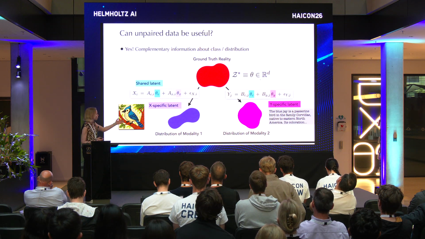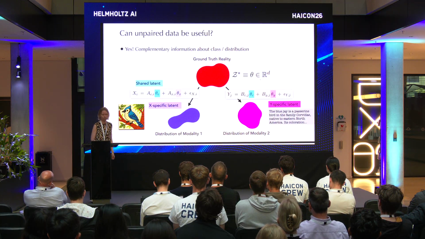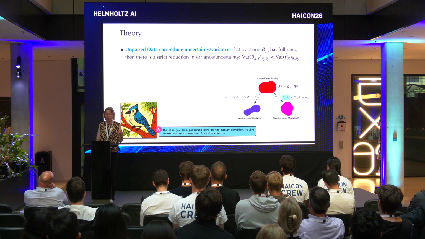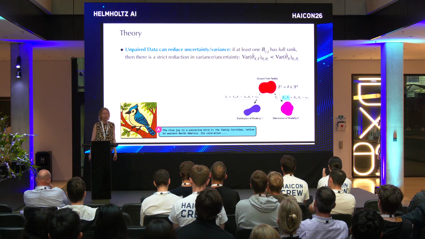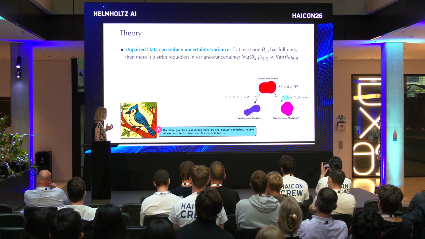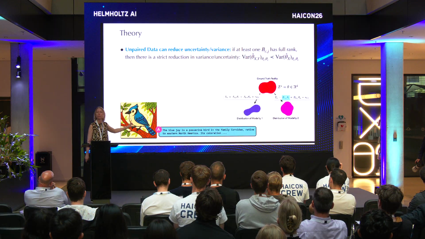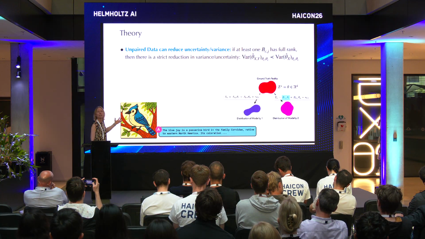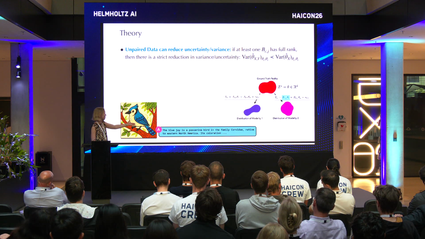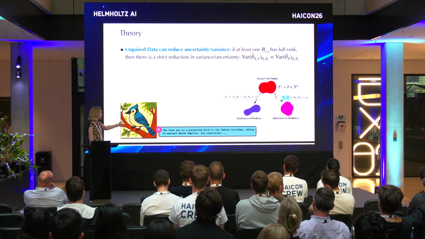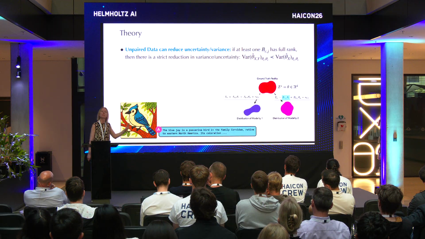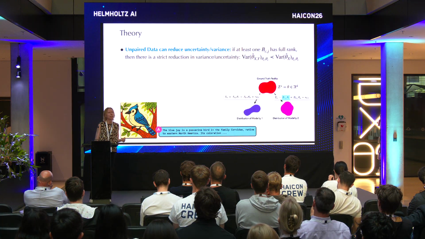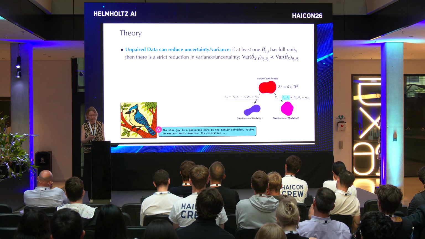Does it help to include the other modality if I just have the image? From a statistical viewpoint, you can show that under certain conditions it actually can truly help you. The idea is that there is some information in the text that's relevant to the shared information, like the type of bird, that is not in the image itself. For instance, this is a passerine bird, and it's native in Eastern North America, something about the bird that's not directly in the image. And it can actually help you decrease your uncertainty about that information.